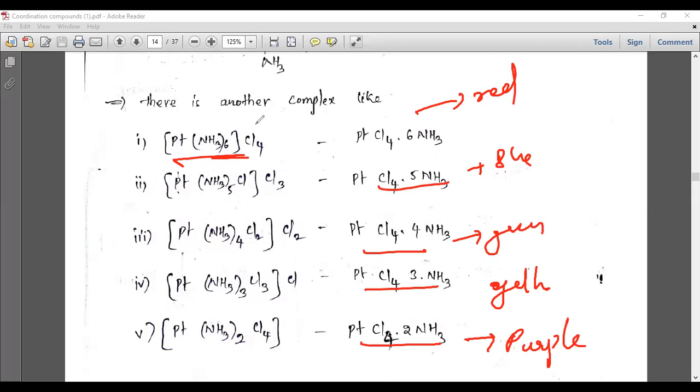So what actually is the difference here? Here the primary valency is acting as the secondary valency, whenever it acts like this. So each complex may differ in its characteristic, that is color. Mostly the colors will be different. Here, platinum has 6 ligands. It may be in red color, this one blue, green, yellow, purple. You can see it on the internet also. If you type this particular complex, you can easily understand the colors of this complex, and you can easily know